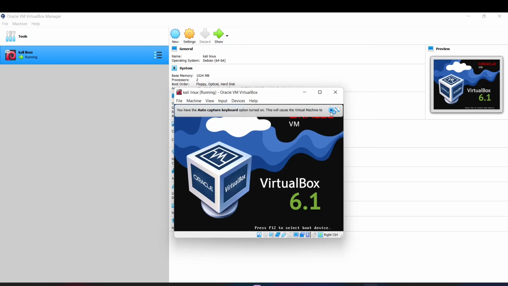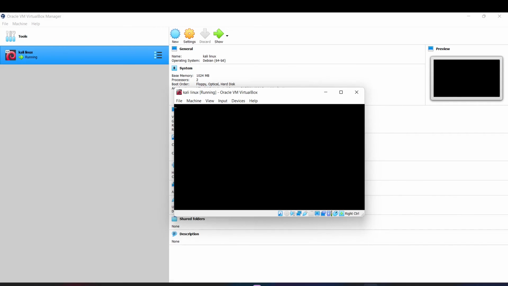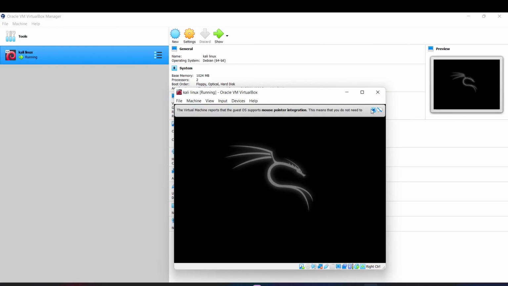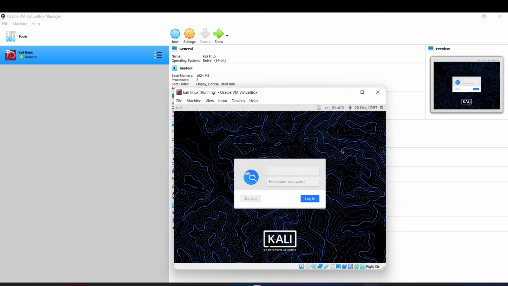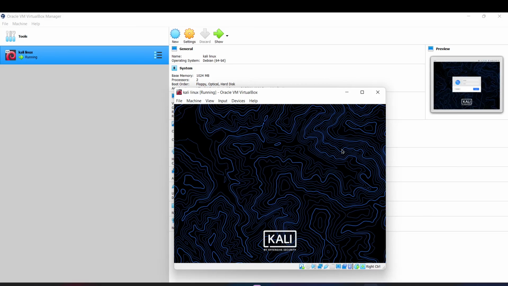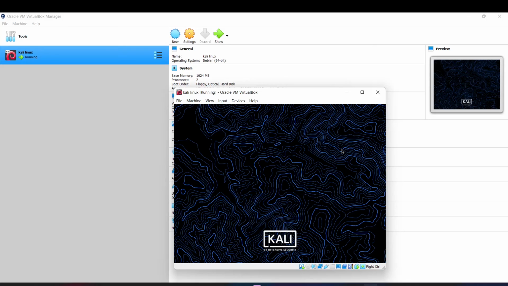Okay, so it is loading up. We will enter here into Kali GNOME Linux, and now the login page is going to display over here. 2021.3 is different from all the older versions of Kali Linux, as we can see in the login screen, right? So here I am going to enter my username and my password. Then click enter, and we are going onto the desktop, as we can see here. Wow, nice look, right?